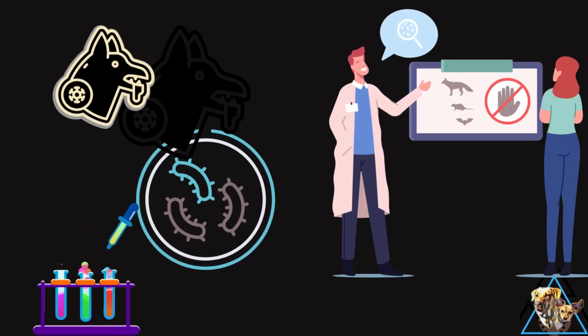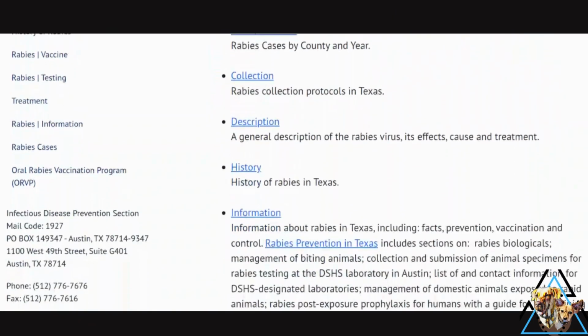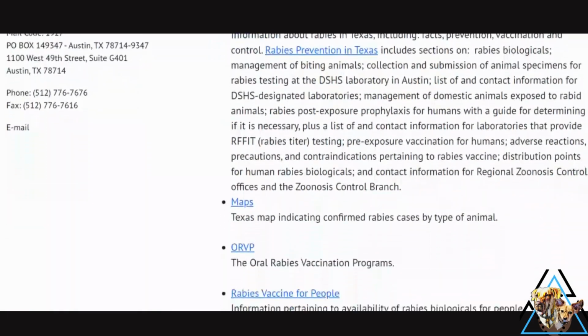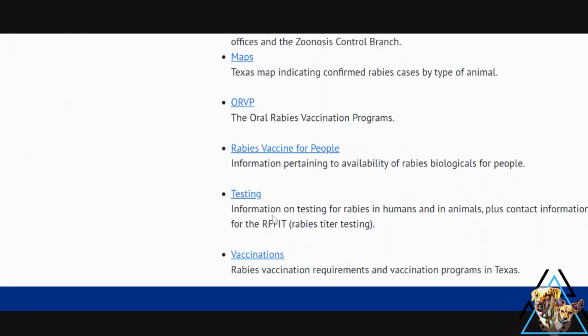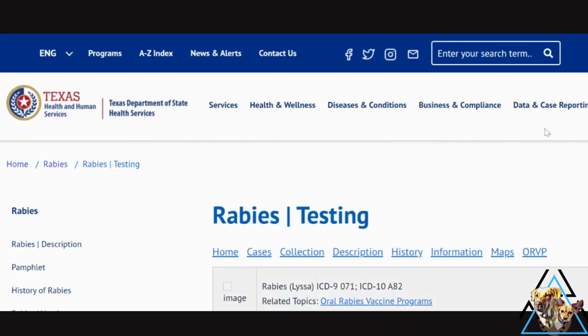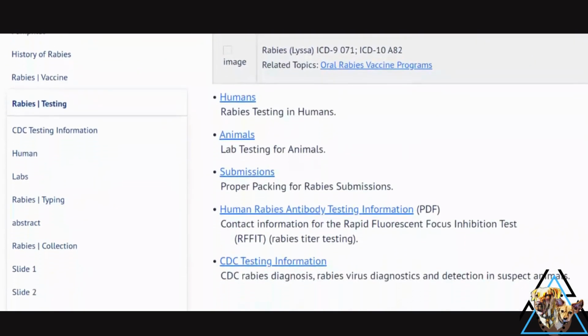They are your resource for rabies testing when you have an exposure on the local level. The testing right here, information on testing, because all the tests are sent off to the lab in Austin for submissions, your forms and things like that you need on that local.